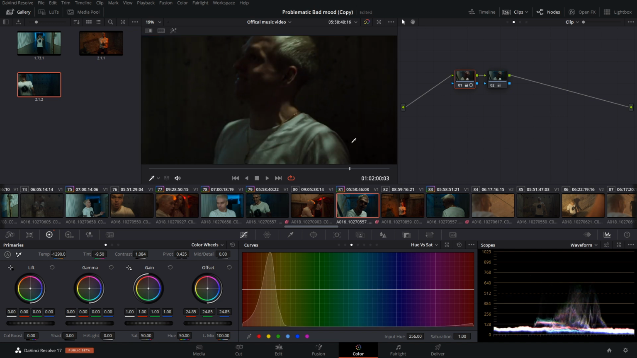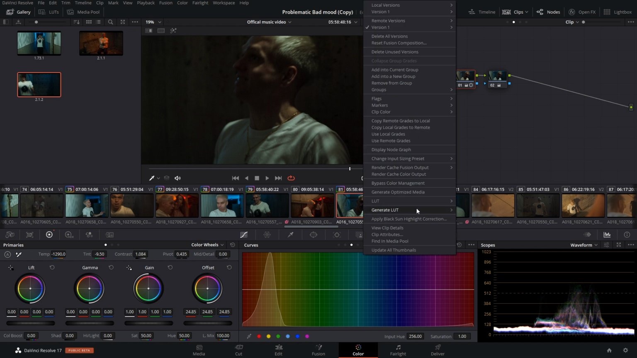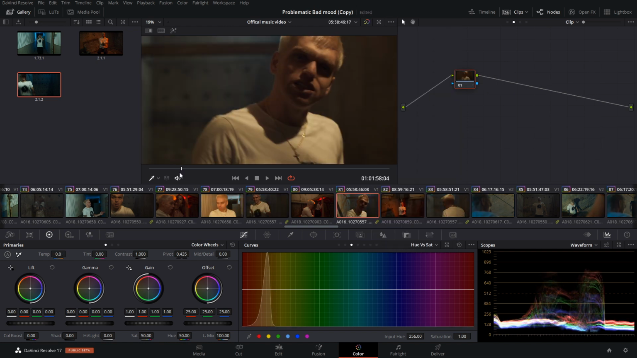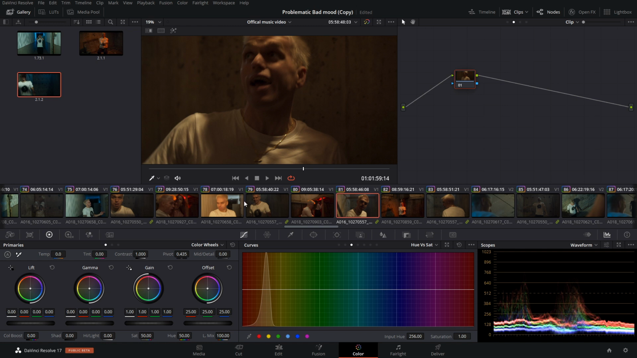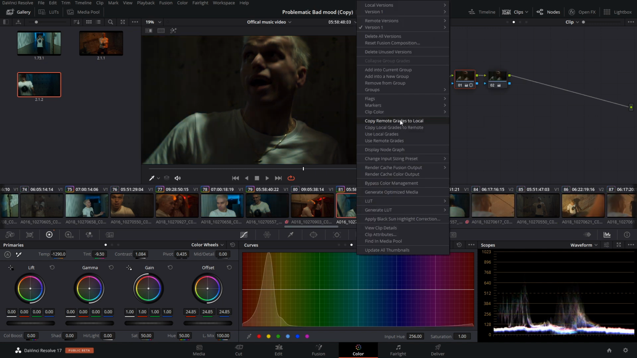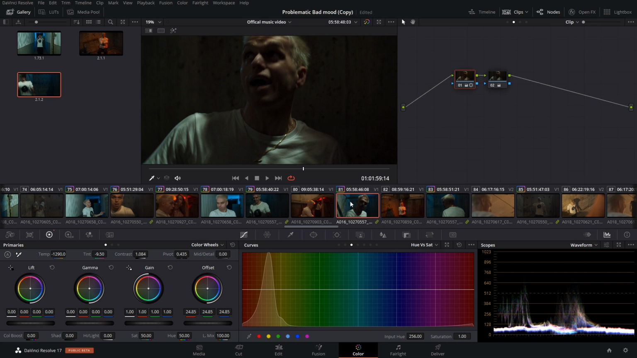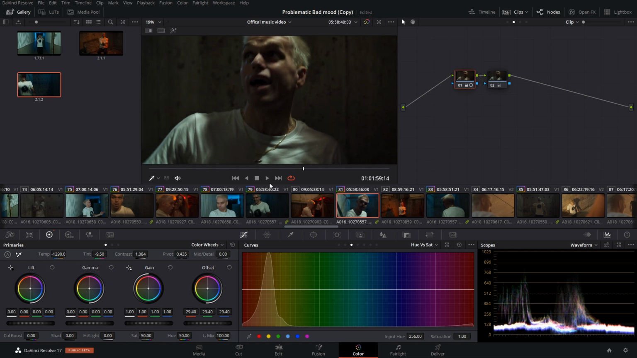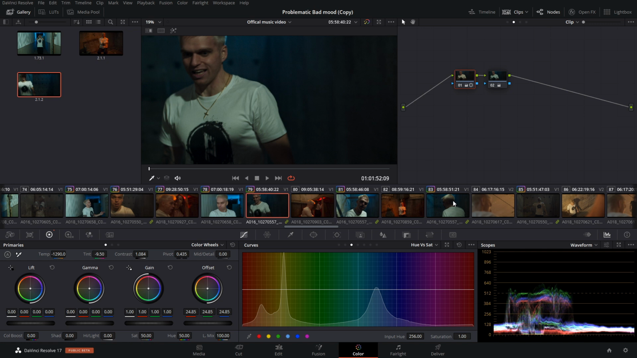So what if we want to work on the clip specific level again? Well, we can right click and then select use local grades, but as you can guess, now our grades are gone. They're all tied to the remote grades. So if we go back into use remote grades, as you see, we can copy our remote grades to our local grades, or we can do the reverse, but in this case, we want to copy remote grades to local. And now as we go back to use local grades, you can see our grade is applied here. And if we want to make this brighter, we can do that without impacting the other shots from the original